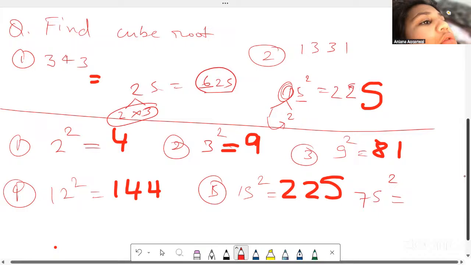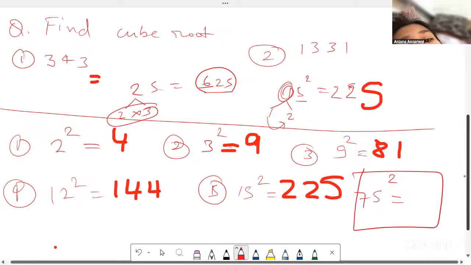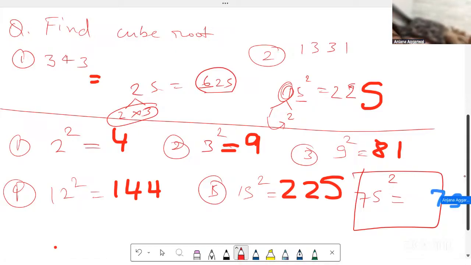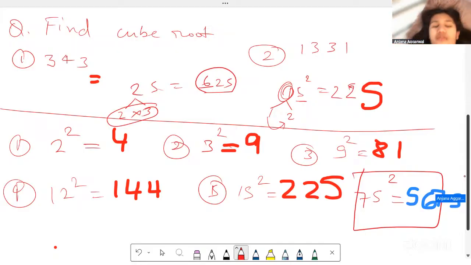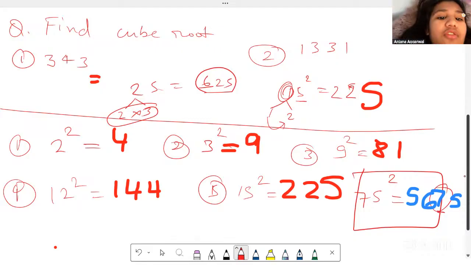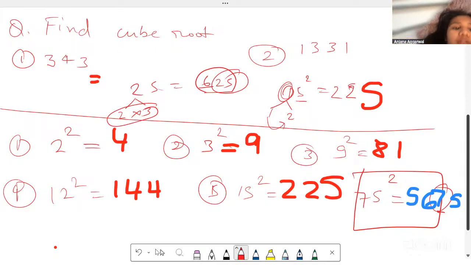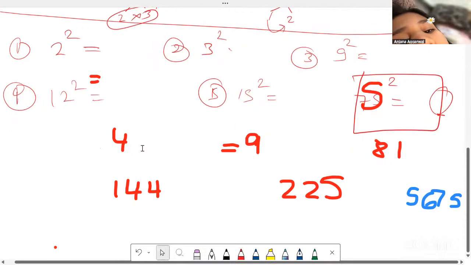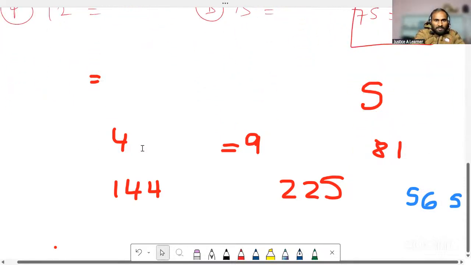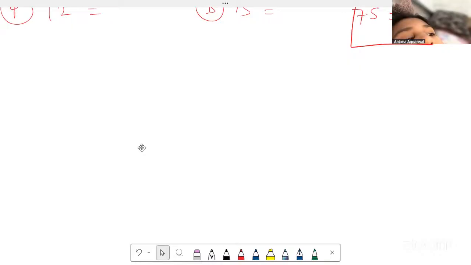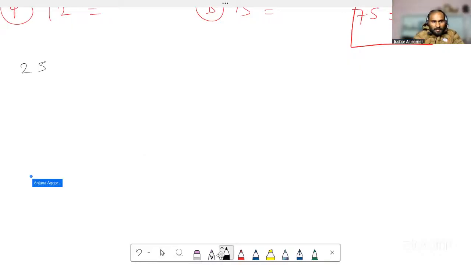In the same way, can you do this one? Oh, okay. 7, 5, 5, 6. Why have you written 75 here? Because you said to copy the number on the back. No, I said this would be 25. At the end, you will always write 25. Okay, wait. So at the end, it's always going to be 25.